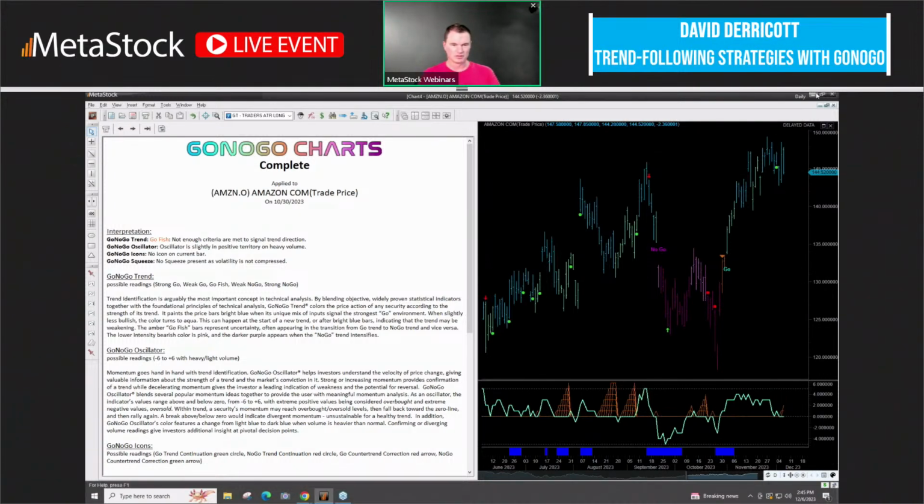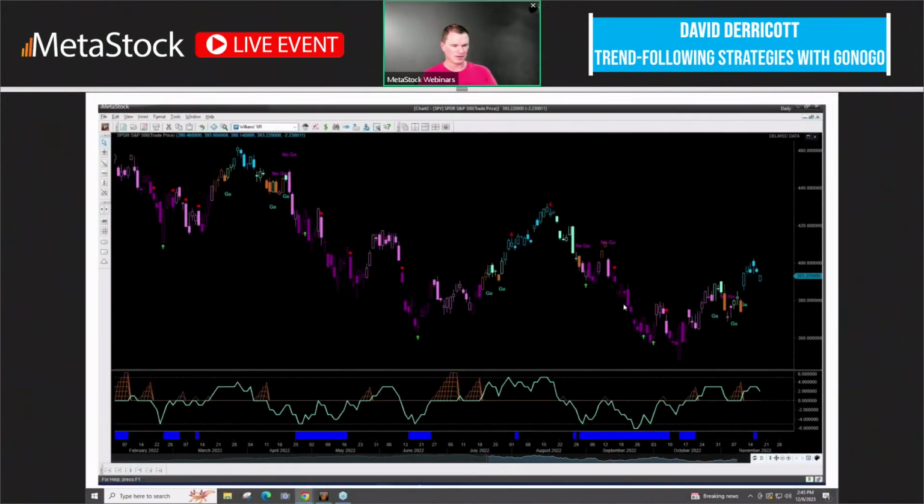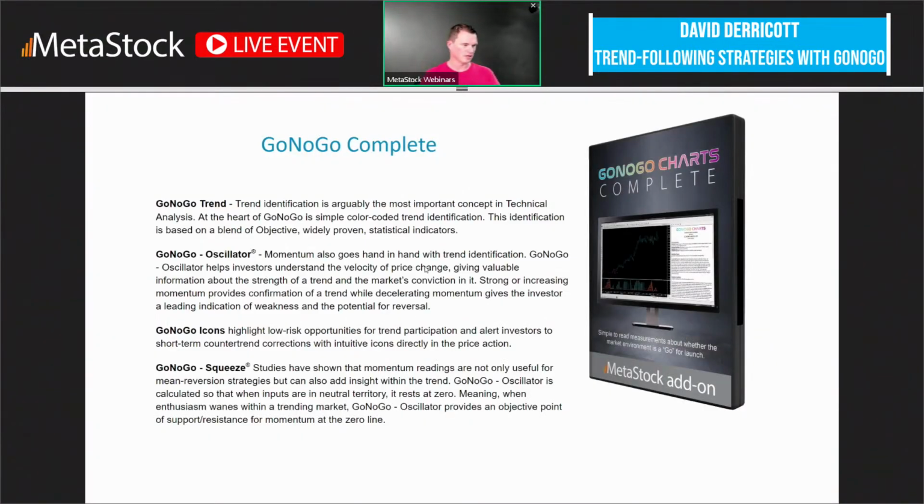So if we hop back over real quick to my presentation slide here, on top of just the trend, there are also the icons, these are the ones that I was just explaining. They highlight the low risk opportunities for trend participation: your go, no go, your strong go, your weak go, your go fish, which I consider the neutral or consolidation period where the market is indecisive and you're not sure if you should do a buy or sell. So in that particular area,